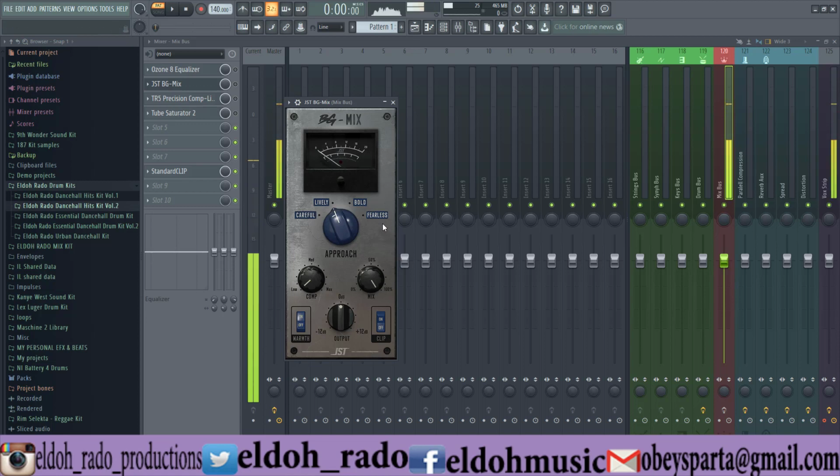The approach knob gives you different selections of how the compressor functions. You have a lively setting, a careful setting, a bold, and a fearless. What would I call it? These approaches, according to the plugin, are the ratio level and the character behind the modeling of this plugin. I always keep mine on lively because I don't get a lot of compression with that,